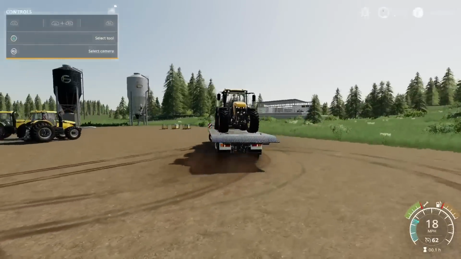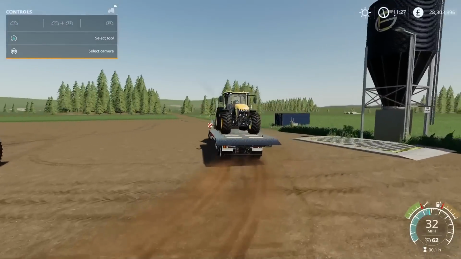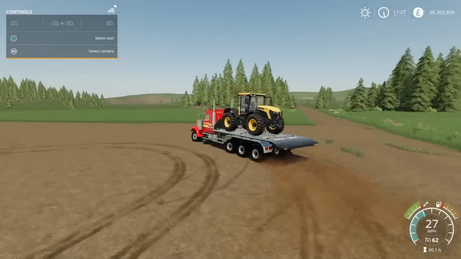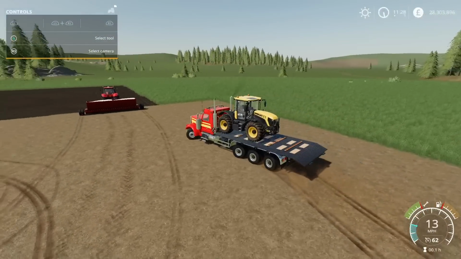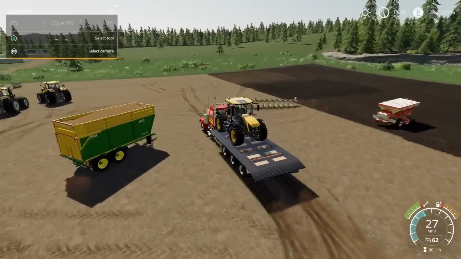But as you can see, actually it was alright. Yeah, there's a little bit of wobble there, because now there's a tractor on the top, it's a little bit heavy. If I suddenly stop, the vehicle still rolls. So you are going to need something to strap it down, whether it be the vehicle has an attachment or a front loader or something